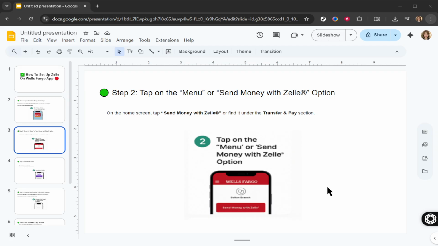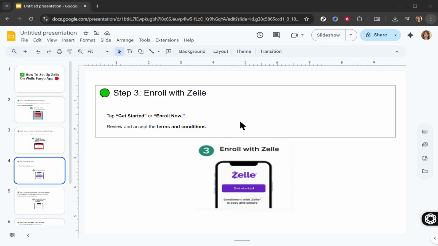Next, you'll need to decide which email address or US mobile number you want to associate with your Zelle profile. This is the contact info people will use to send you money, so make sure it's an address or number you check regularly. You might have multiple emails, or perhaps different phone numbers, so choose the one you're most comfortable